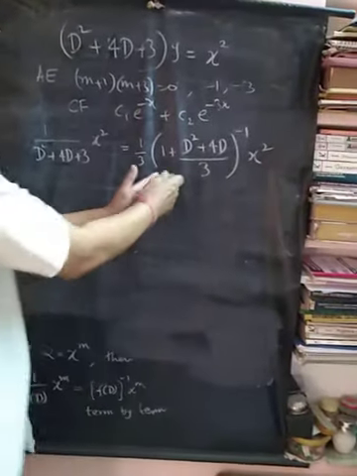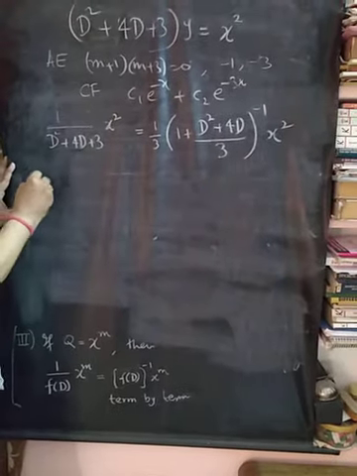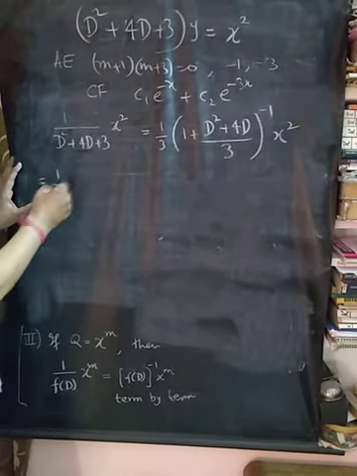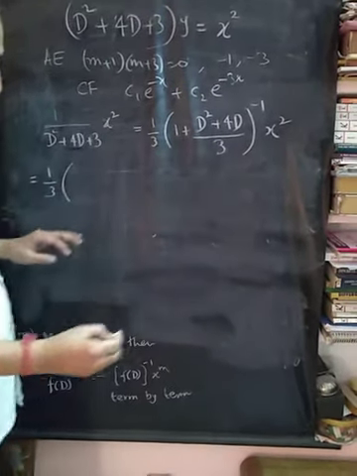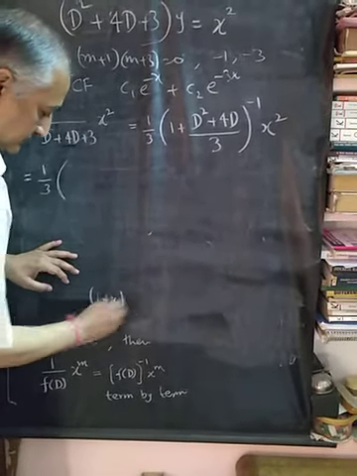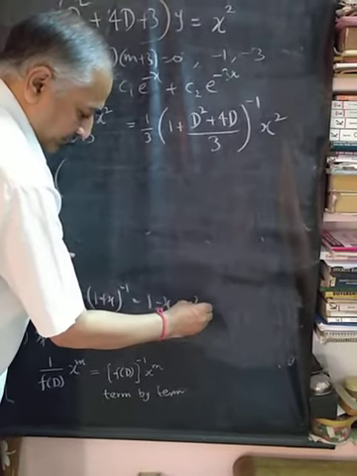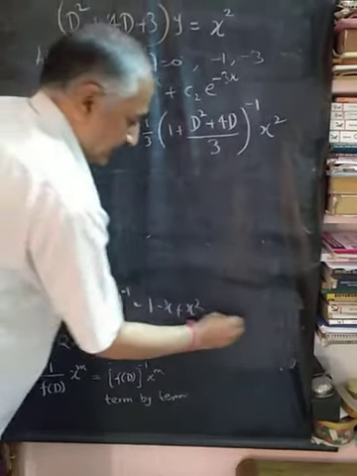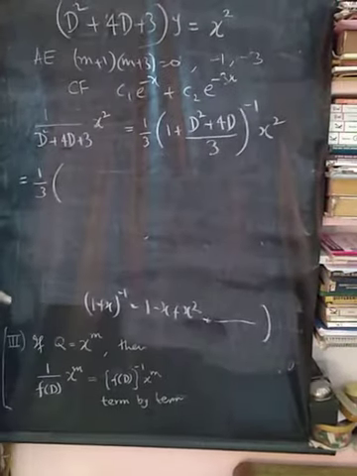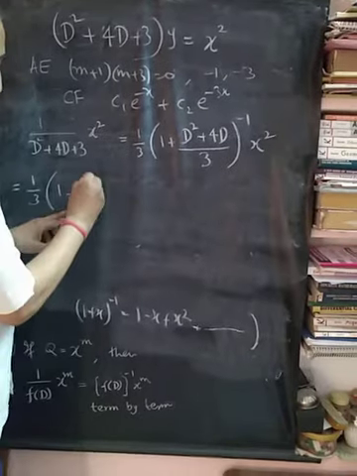Now you have to expand this using binomial. So this will be 1 by 3, and (1 plus x) inverse is 1 minus x plus x squared and so on. So 1 minus D squared